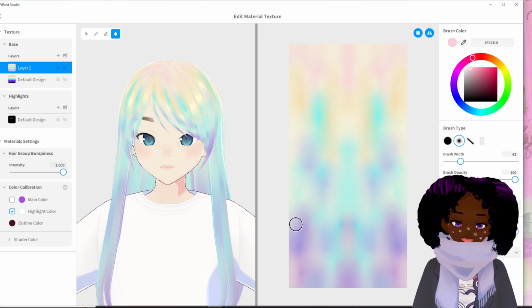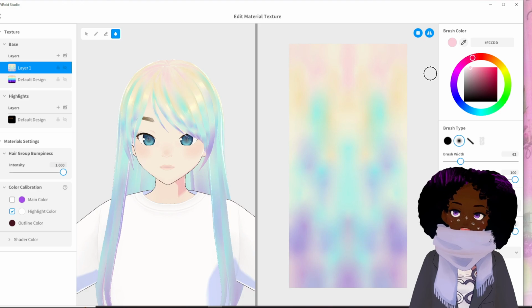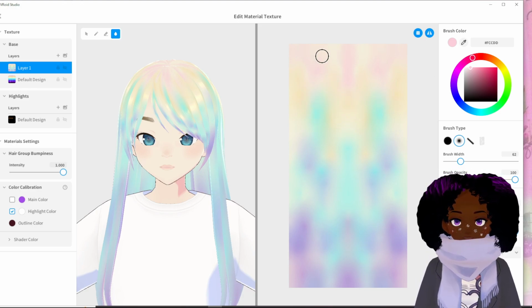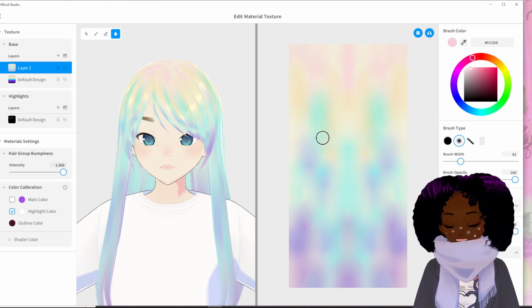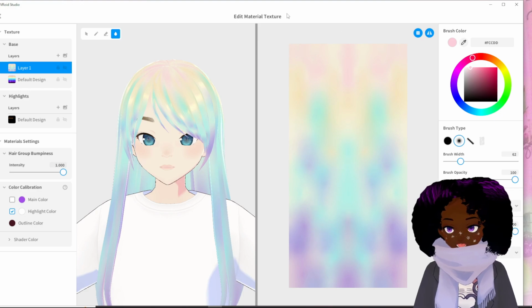Alright, so we have our base. And if this is looking like what you want it to for the colors, you're going to add a new layer, but I think I'm going to darken the bottom just a bit.